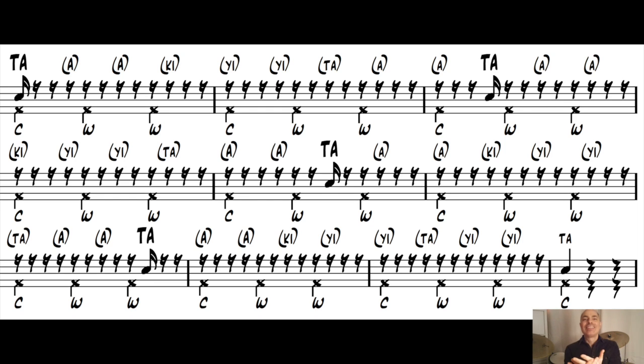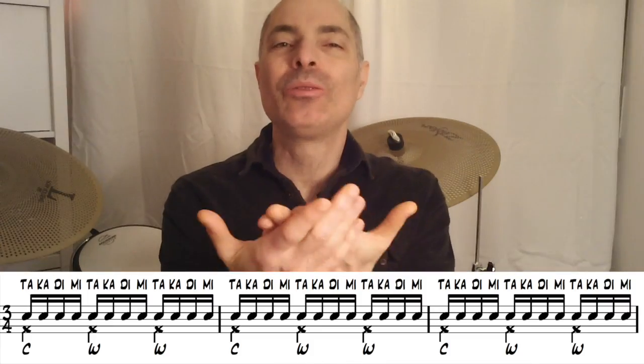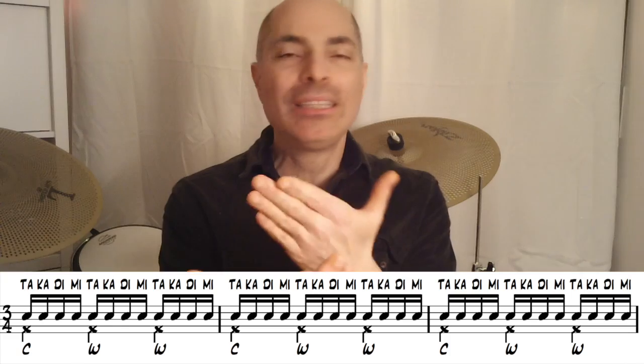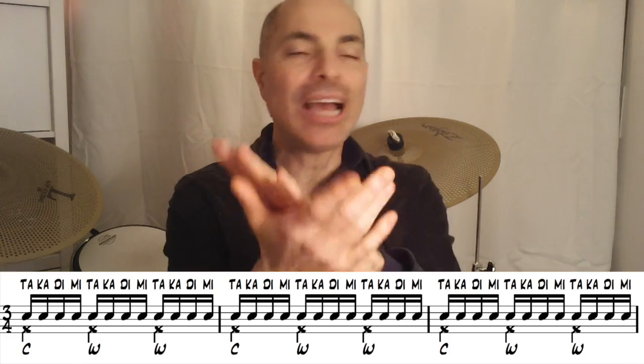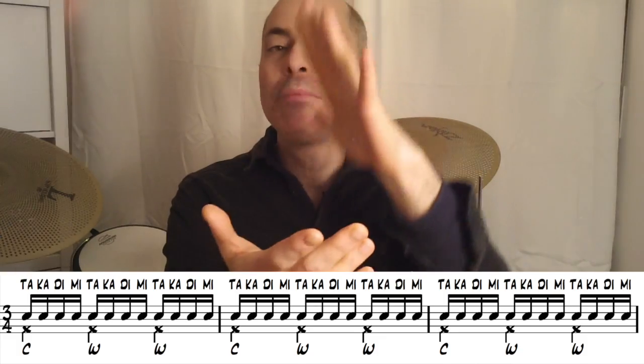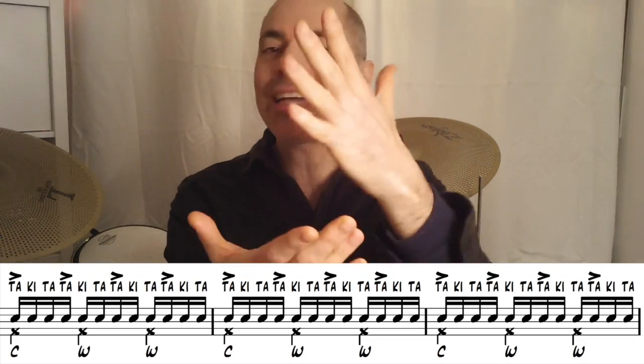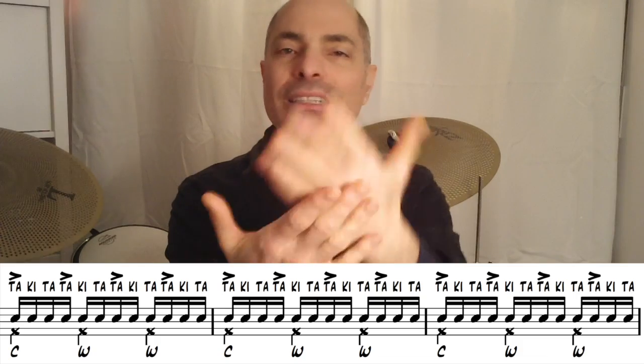Ta, ki, ta, ta. So I'm going to try to do the whole composition now from the beginning, where the rhythm is the smallest, to medium, to large. And it goes like this. 1, 2, start. Takadimi, takadimi, takadimi, takadimi, takadimi, takadimi, takadimi, takadimi, takadimi, takita, takita, takita, takita, takita, takita, takita, takita,